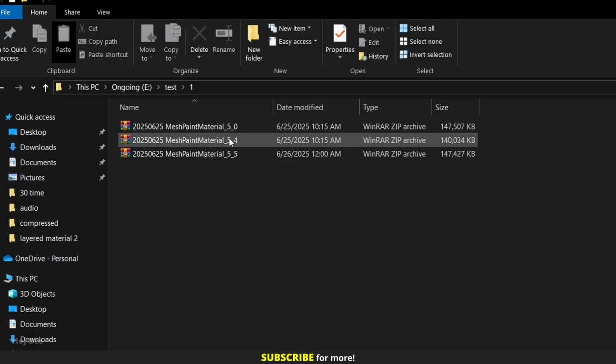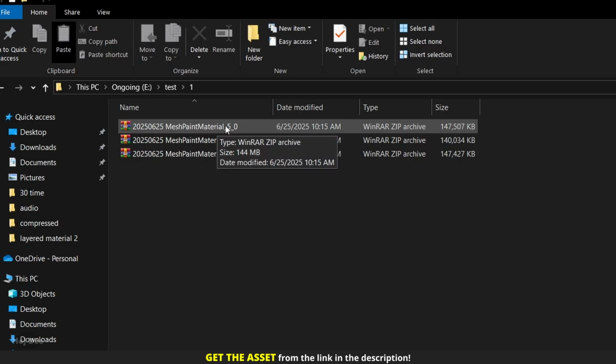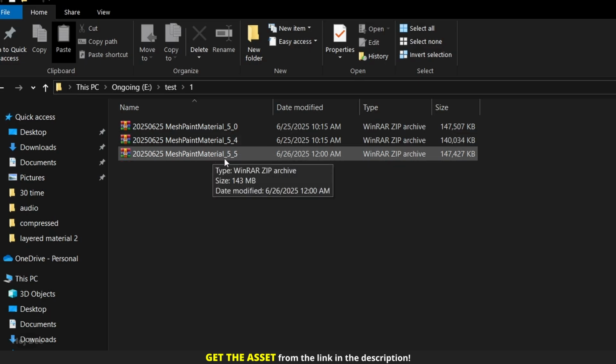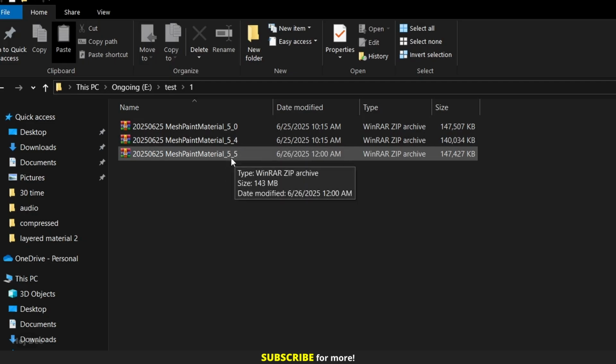The 5 and 5.4 versions only have vertex painting set up. The only difference between them is that the 5.4 version has Nanite tessellation and displacement. The 5.5 version has both vertex painting and texture painting set up within one material, and we can switch between them depending on what we need. This project can be used with all Unreal Engine 5 versions. This project can be used with Unreal Engine 5.4 and above, and this project can be used with Unreal Engine 5.5 and above. Now I'm gonna use the 5.4 version to showcase vertex painting and the 5.5 version to showcase